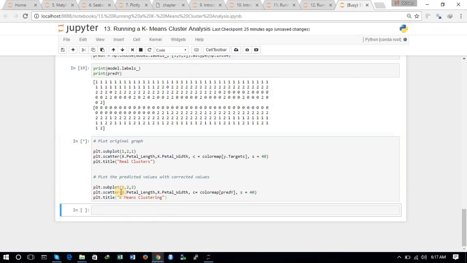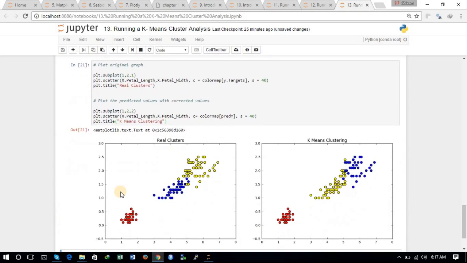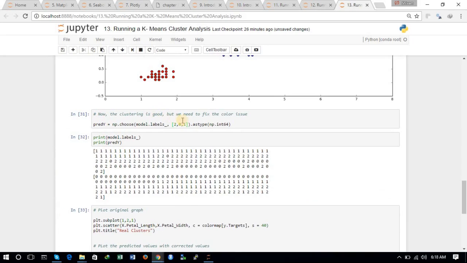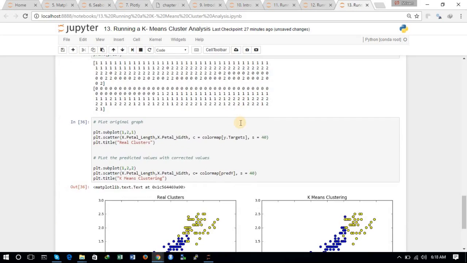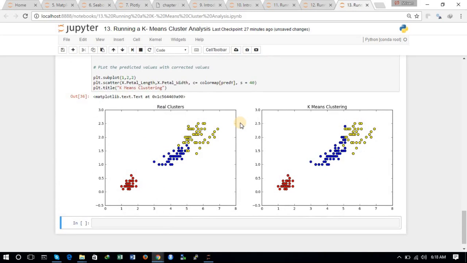So now we'll just change the clustering labels to 2, 0, 1, and then we try the predicted values, and then we just plot the chart. Now we can see that the clustering is good and the issue of the color is also fixed, so we can see that the clustering is quite good, although it is somewhat distributed,